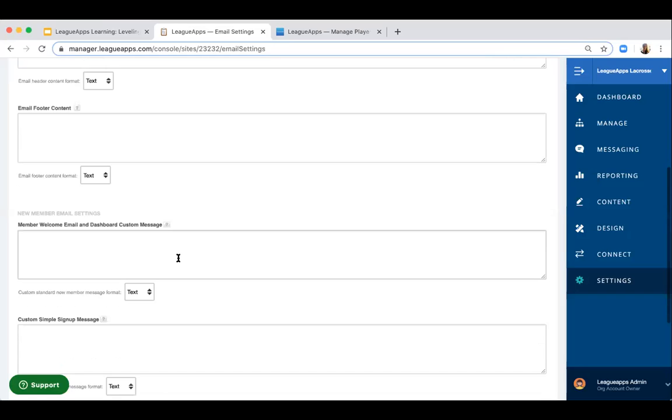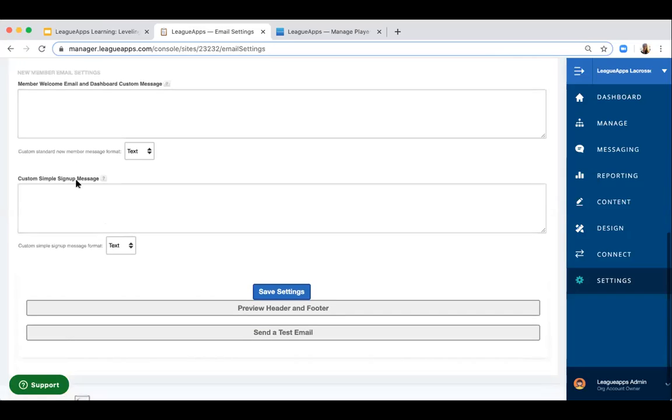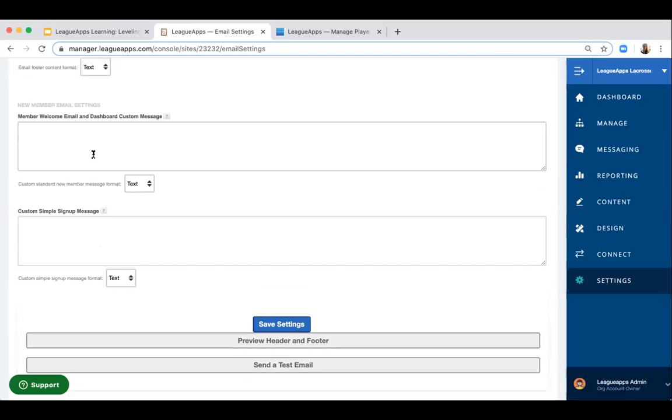So that is also another area that I think is really just a way to kind of level up your communications. The next is new member email settings. This is a message that would go directly to someone when they join your account for the very first time. So it could just be nice to say, welcome, we're happy to have you as part of our community, or this could be a chance to communicate some really important things, such as if you use another system for, say, scheduling, or you want to send addresses for your practice locations or things like really important information for someone to know as soon as they join your organization.